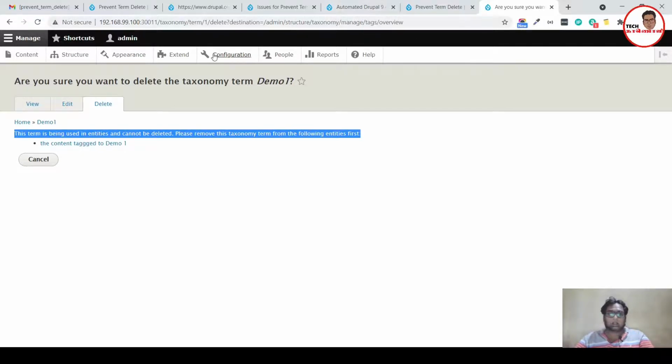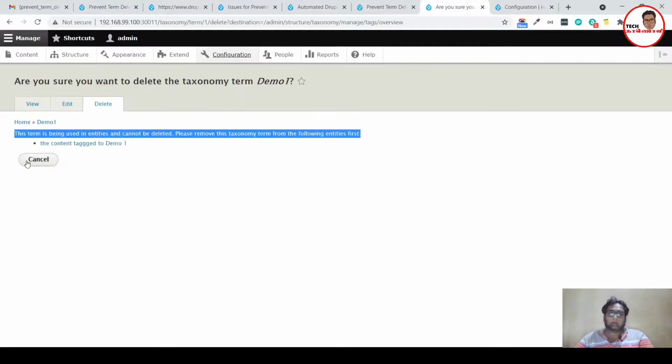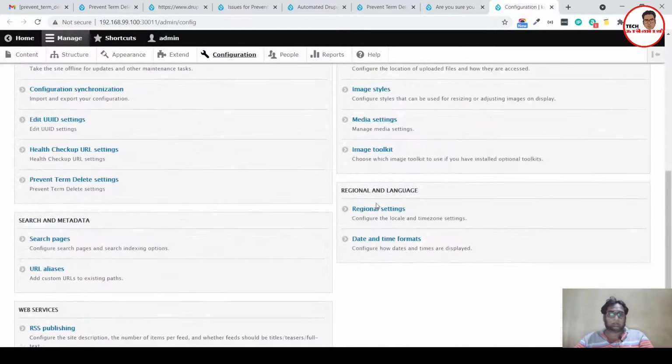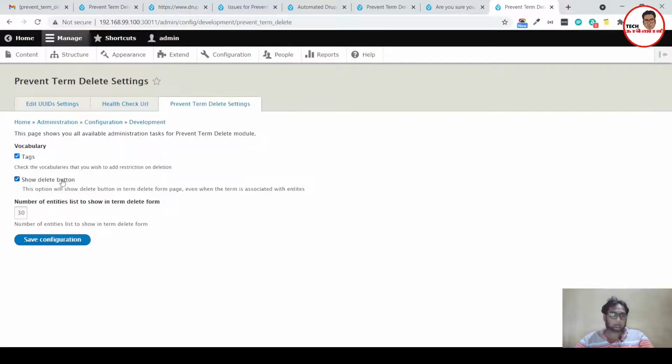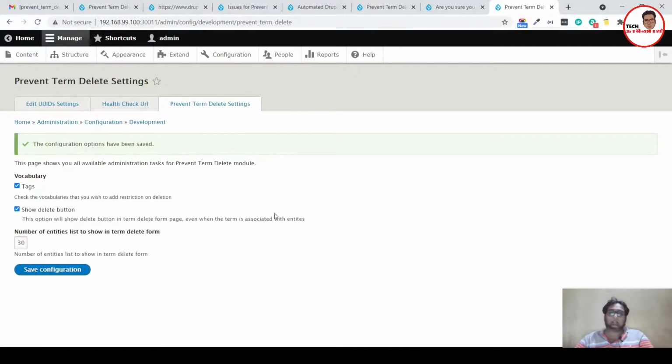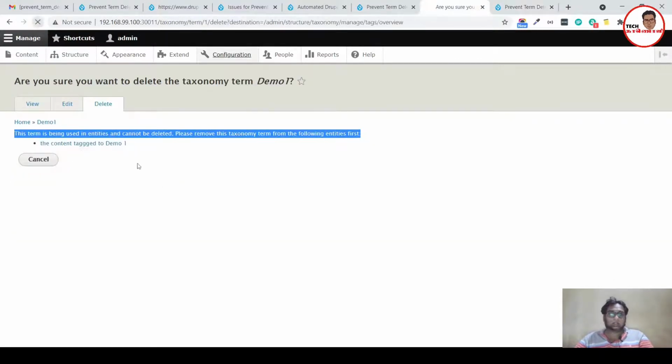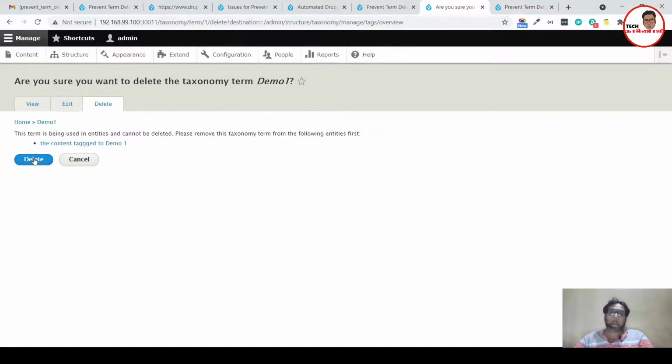And if you want to force deletion, currently I'm hiding the delete button here, but if you want to show the delete button, you can change the show delete button setting. You change that, and you will be able to show the delete button there, and you can delete the tag.